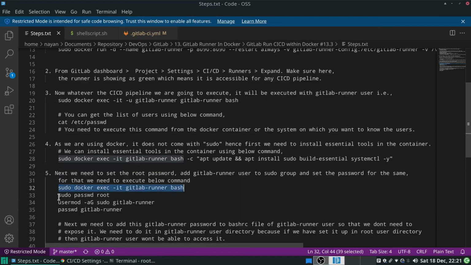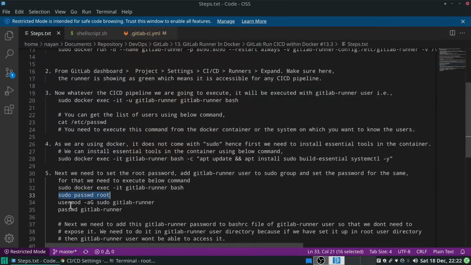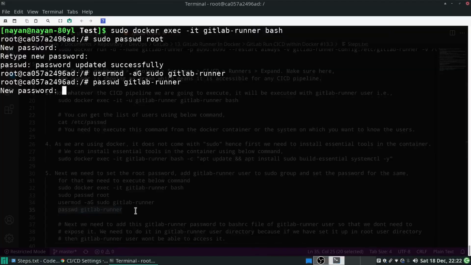Now next I will execute this command, which will set the password for root. I am setting abc123 for the time being. Then I will add the GitLab runner user to the sudo group, and then I will set the password for the GitLab runner user as well, the same abc123.